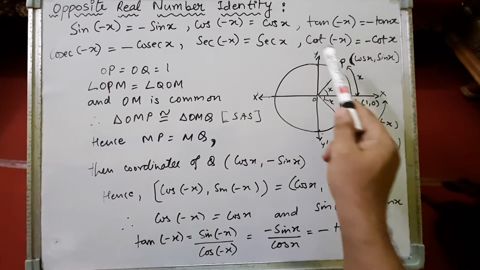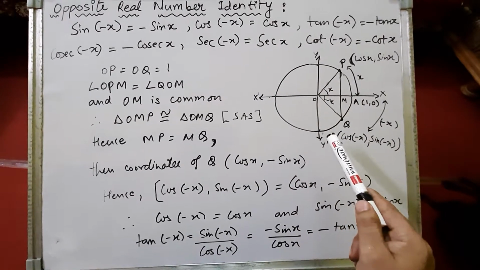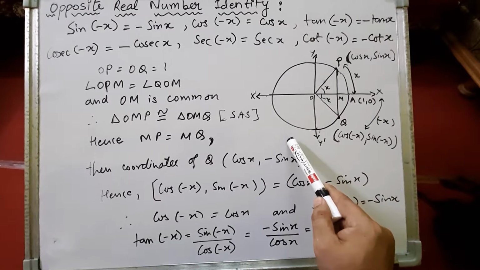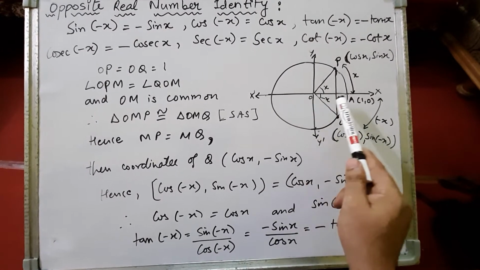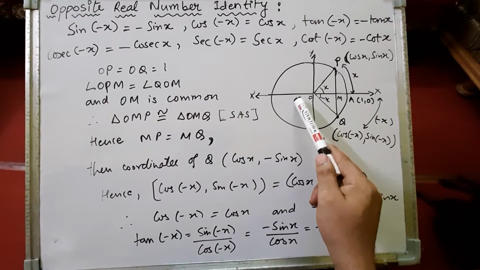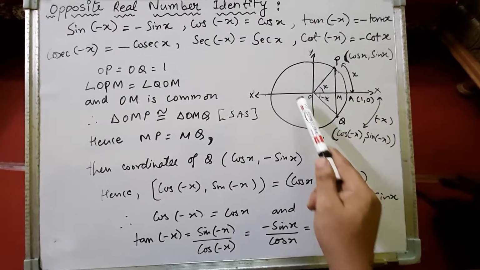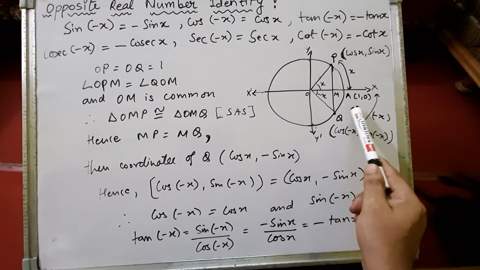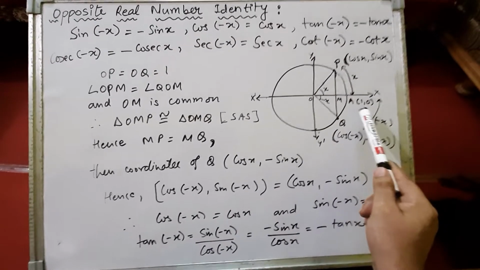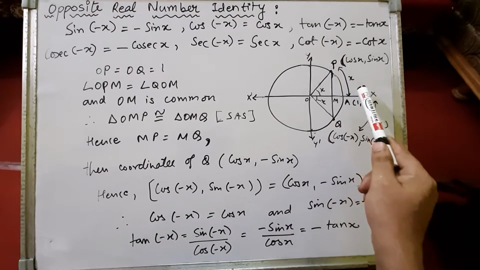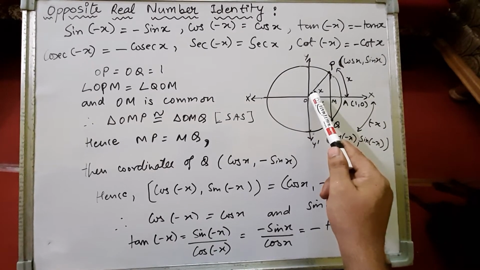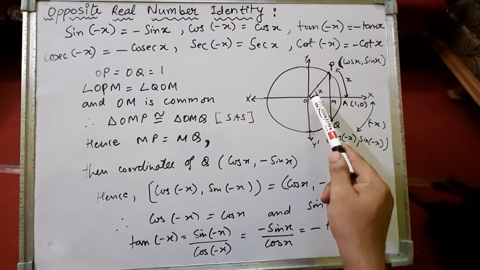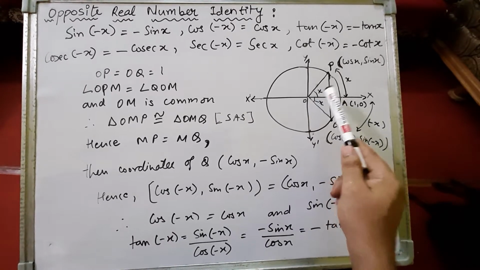Suppose this is a unit circle. Unit circle means the circle has radius equal to 1. Okay, that means OA is 1 and OP is 1 and OQ is 1. All these are radii of the circle. So A has coordinates 1, 0. Let the length of arc AP be x. So the angle subtended by the arc at the center in a unit circle will be the same in radians. That means the angle measure will be x radian.